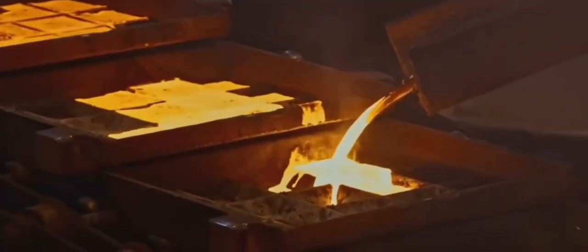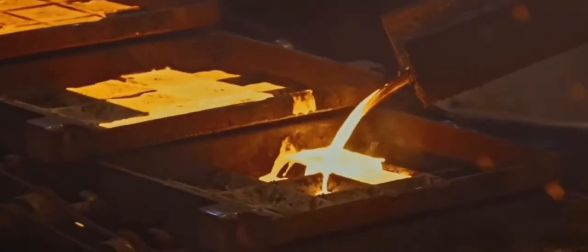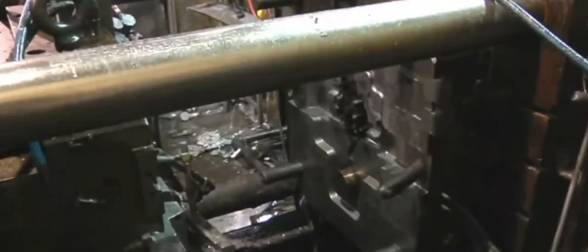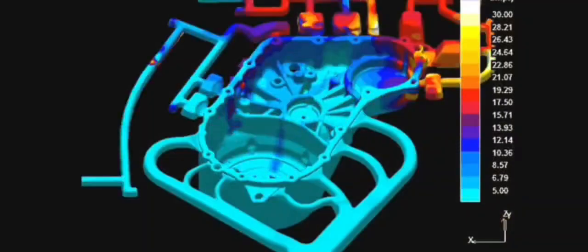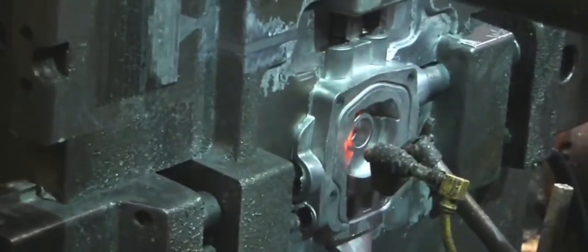This high pressure is the main characteristic of die casting. The pressure used can reach tens to hundreds of megapascals. With these pressures, molten metal can fill the entire mold cavity, including thin and complex parts. Metals commonly used in this process are non-ferrous metals, such as aluminum, zinc, magnesium, and copper. Aluminum is one of the most frequently used materials because it is lightweight, corrosion resistant, and has good mechanical properties.